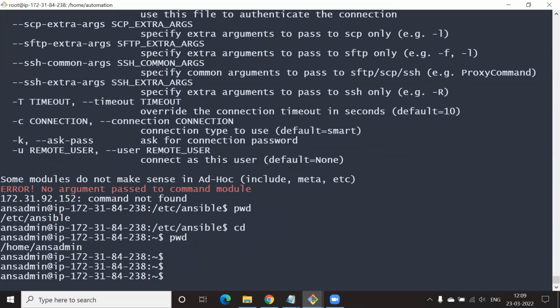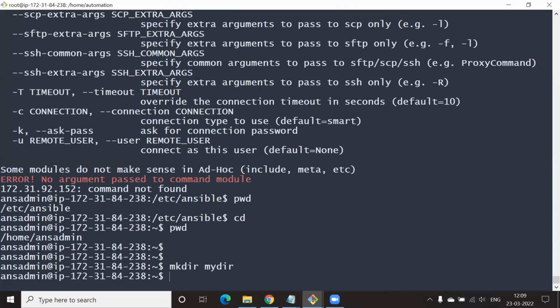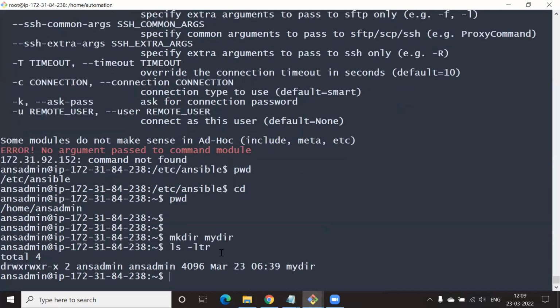Go ahead and create a directory. Let's call it mydir. Just verify. Okay. And let's say we'll copy all the files from /etc/ansible to here.